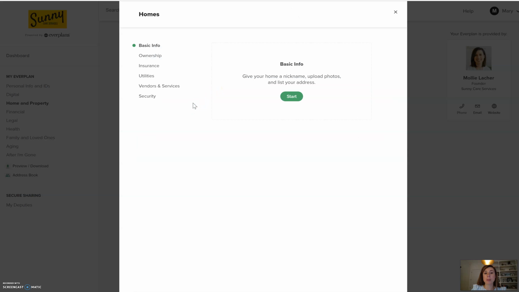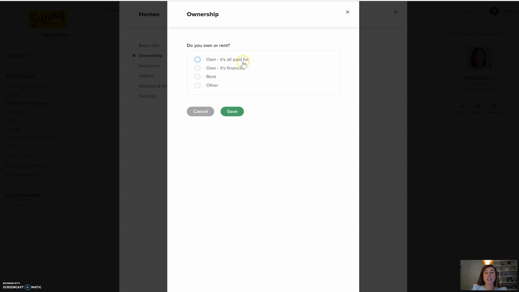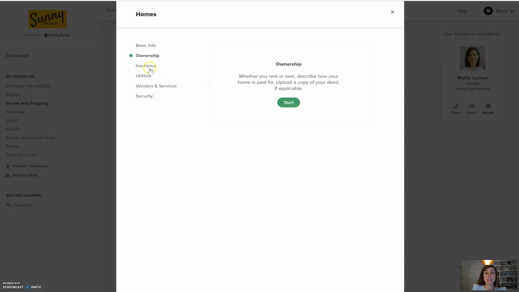not only what property you have, which is really helpful to know, but what is the ownership of that property. So again, if this is a house that you own, is it owned? Is it financed? Are we still paying a mortgage on it? Is it just rented? Who's the insurance with? So if we need to let someone know that the house is empty or it's not occupied right now, what